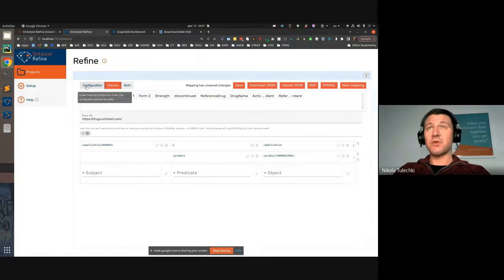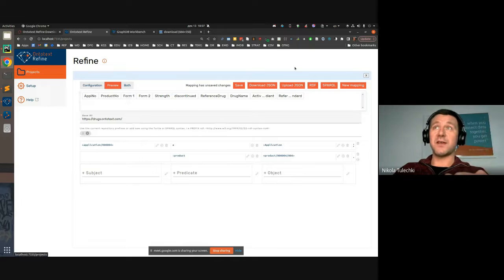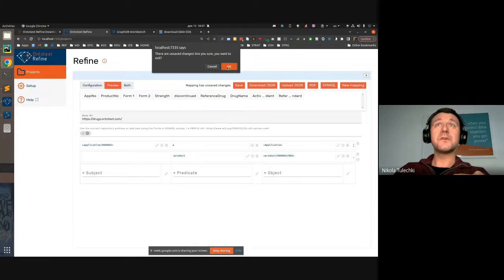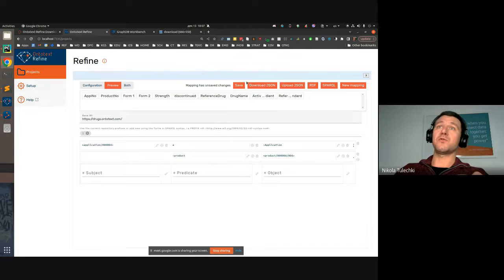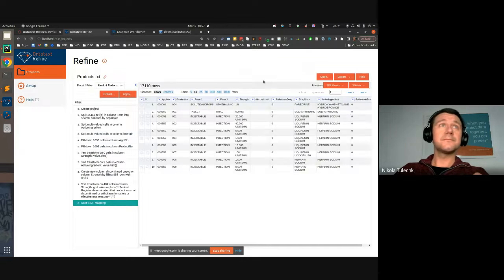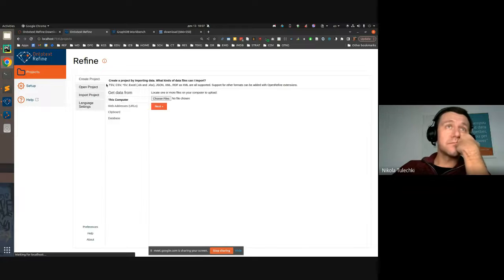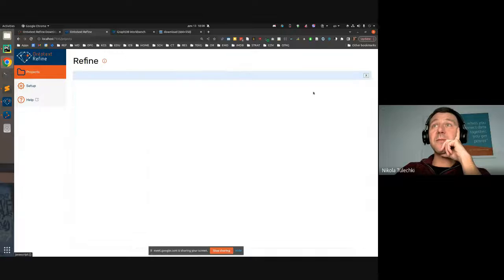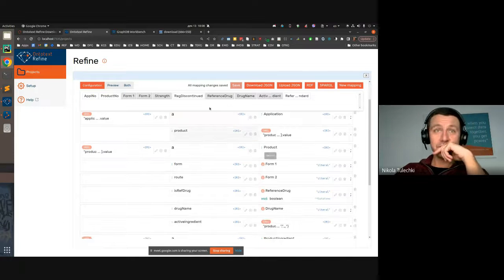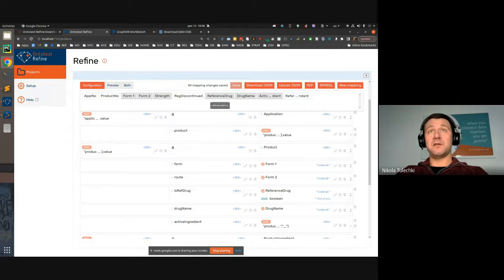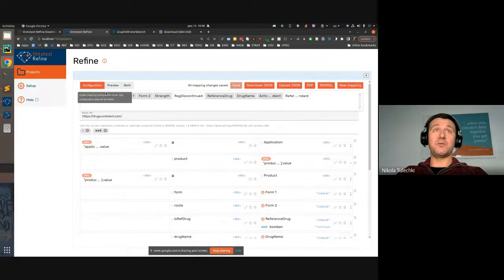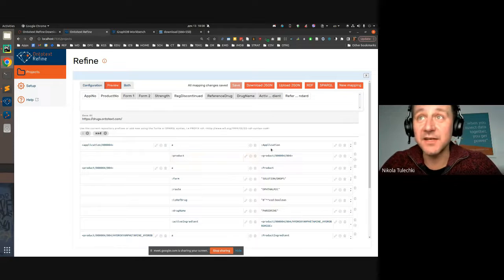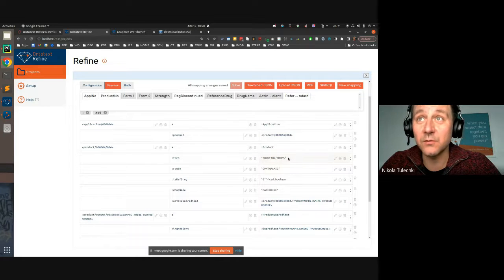I don't have much time, so I'm not going to do the entire mapping now. I'm going to open a project where I have already done it and just walk you through it. So let me save this, and I open a project where it's already done. Here it is. And here is my RDF mapping, which has all the triples that come from the data. So here, for example, let's go into preview mode. And here is my application, product, the form,